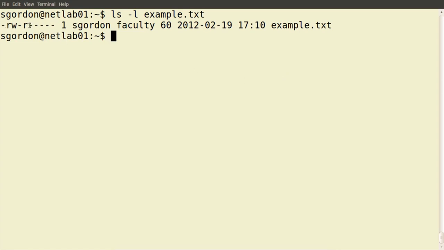The permissions for the user owner, which is S. Gordon, the current user I'm logged in as, are read the file, write the file, but not execute permissions. The permissions for members of the faculty group are read, but no write or execute permissions. For other users, there are no permissions. How do we change the permissions on this file? We use the program chmod,